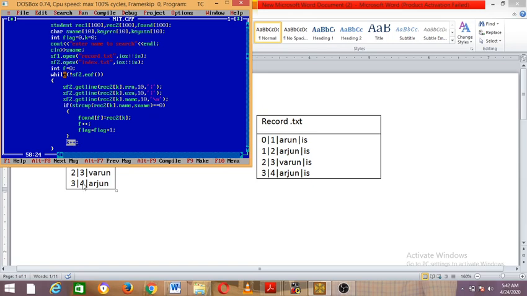Now end of file is reached? No, still we have 1 more record. Now what is rec2 of 3.RRN? It is 3, USN is 4, and the name is Arjun. Now rec2 of 3.name is what? Arjun. What is the sname we have given? Arjun. Are they matching? Yes, again there's 1 more record with the name Arjun. Now enter the loop. Now what is the value of f? It was already incremented, it is 1 now. So found of 1 equals rec2 of 3.